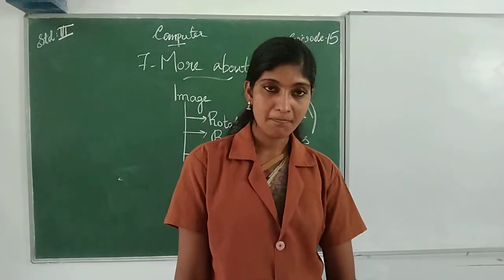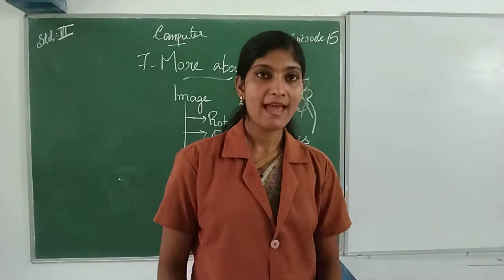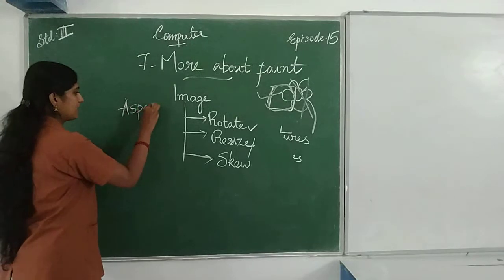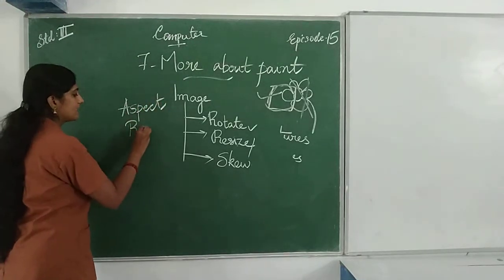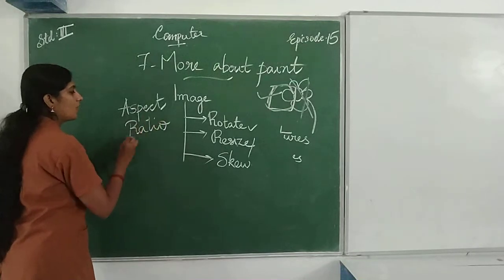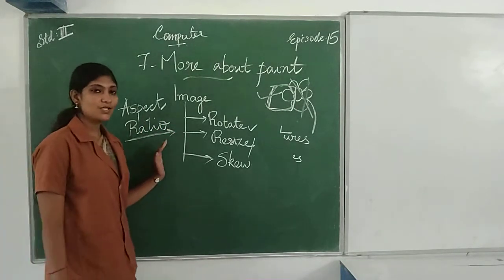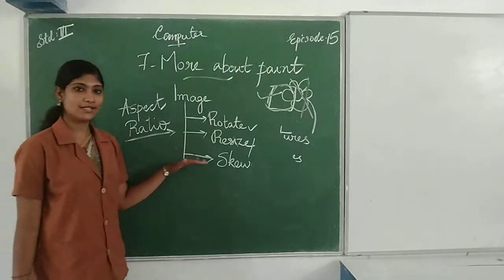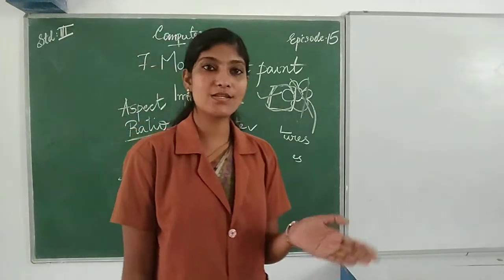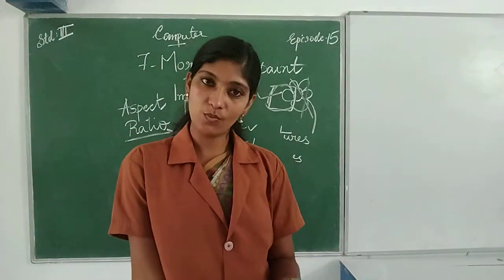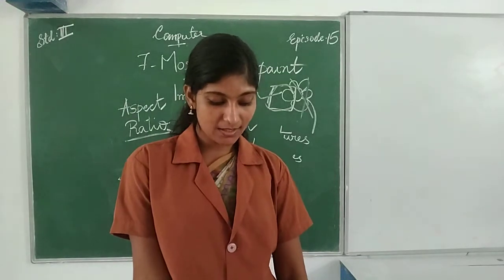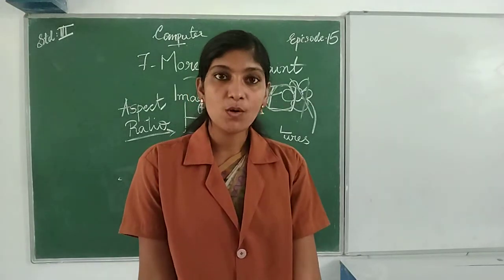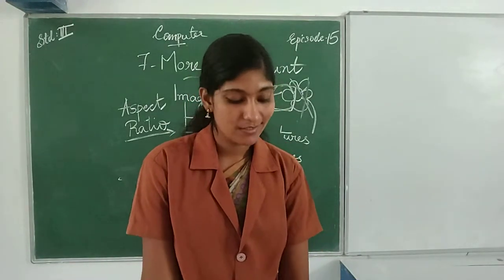Then the fourth question, maintaining aspect ratio means. What is aspect ratio? A-S-P-E-C-T, aspect. R-A-T-I-O, ratio. Aspect ratio is the ratio of horizontal pixels to vertical pixels, or height to width. So here, maintaining aspect ratio means, if the maintain aspect ratio checkbox is selected, you only need to